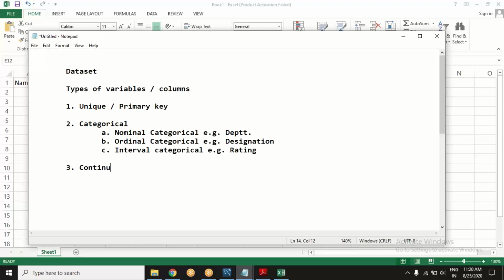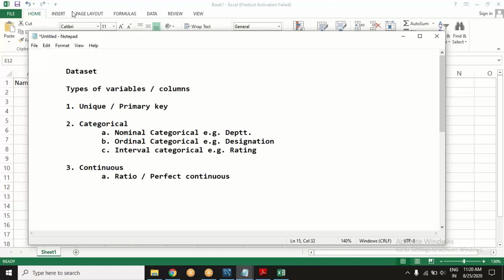What can be the two kinds of continuous variables? Yes, the one you are calling float. Terminology wise, we call them ratio. We call them ratio also, or we call them perfect continuous, or just simply continuous has also come into fashion.